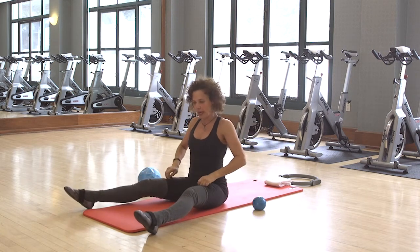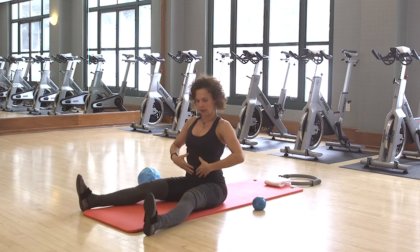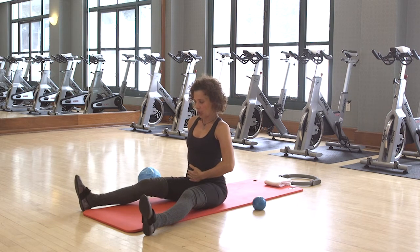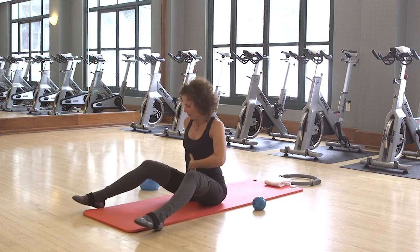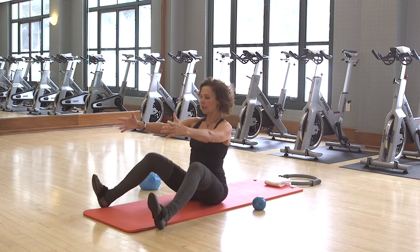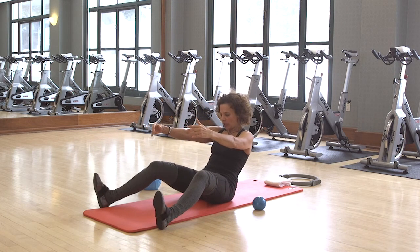So legs are about as wide as the mat, a little bit wider, and then you want to pull the toes back. If you have a mirror, that's always nice to look in the mirror. Sometimes you'll be like, oh goodness, that's me. So you want to sit up nice and tall. Bending the knees might be what you need to do to get the lower back in the right position, and arms forward. Pull the toes back, take a deep breath, and then we're going to go ahead and sink back,